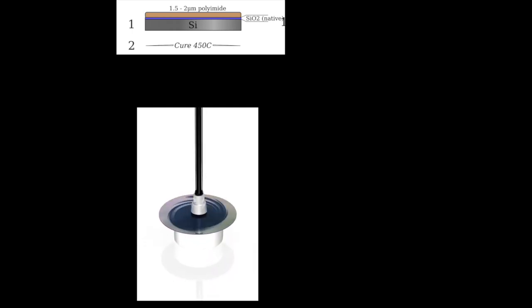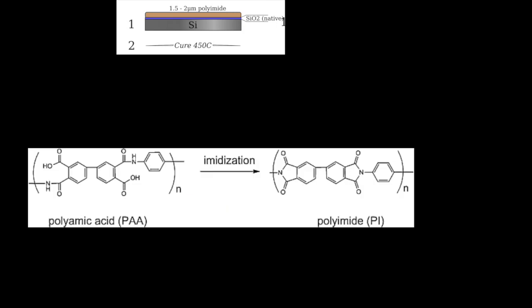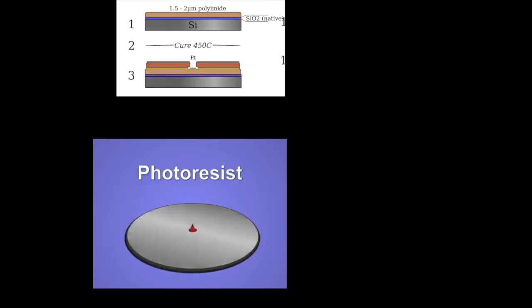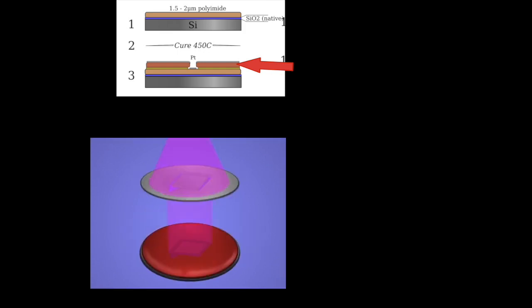As in the first example, this process starts with a disk of silicon crystal, which is then treated to grow a layer of silicon oxide, onto which a polyamic layer is spun and then cured into a polyamide. The next step is to apply a layer of photoresist and make it into a template by using light and chemical treatments as discussed earlier. After that template exists, evaporated platinum is